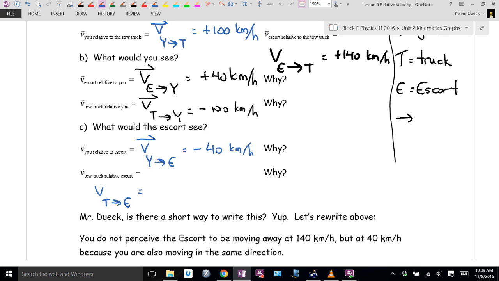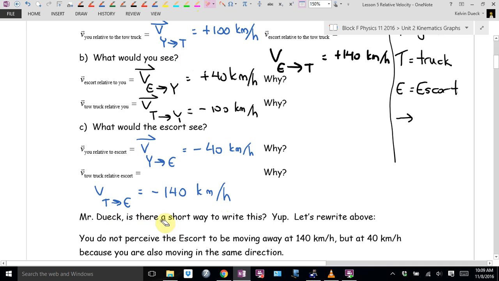And you kind of have to imagine that the Escort is standing still. I know it's not, but you can imagine the Earth is kind of rotating underneath its wheels and everything's going back in the distance. So the Escort would see the relative velocity of the tow truck as negative 140 kilometers per hour. I wrote down here,